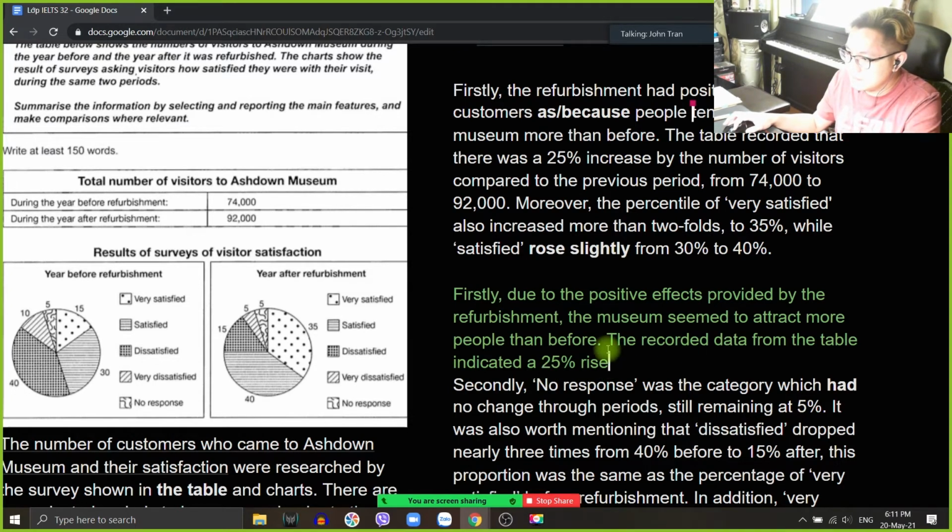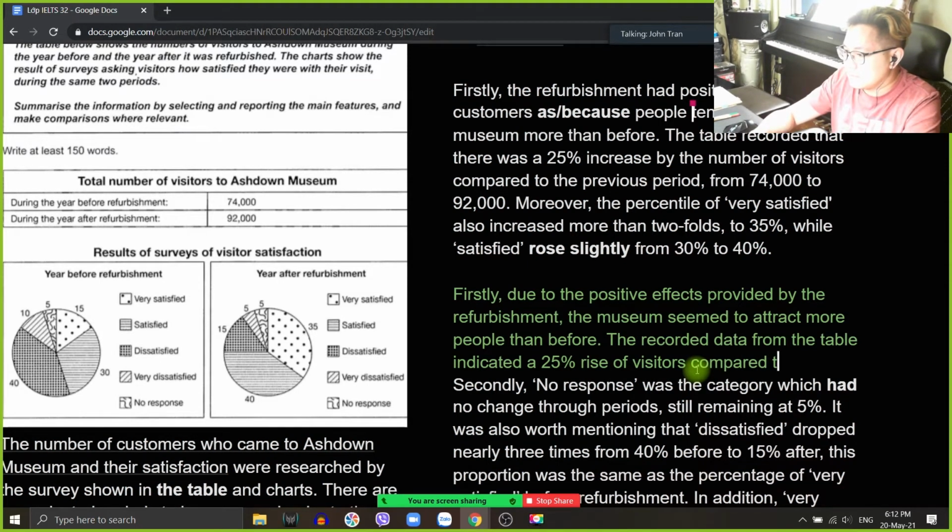The recorded data from the table indicate a 25% rise of visitors. You can just say 25% rise of visitors. You don't even have to say 25% increase by the number of visitors. Sometimes the number of is not needed. Đôi khi cái chữ the number of nó không cần thiết. Indicated by 25% rise of visitors